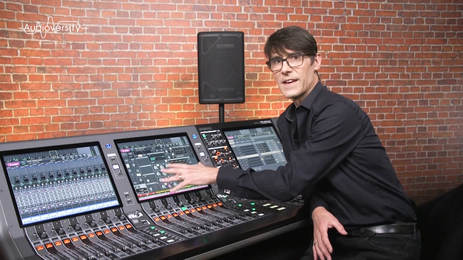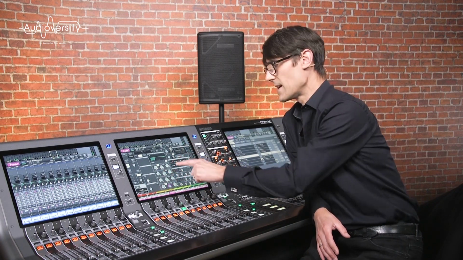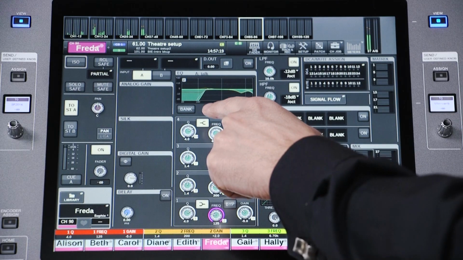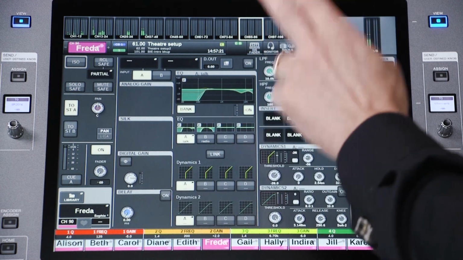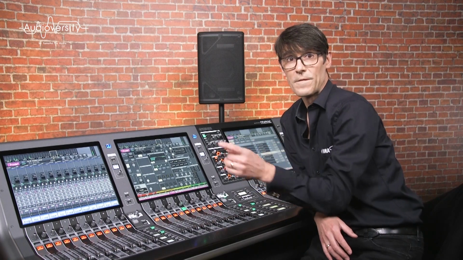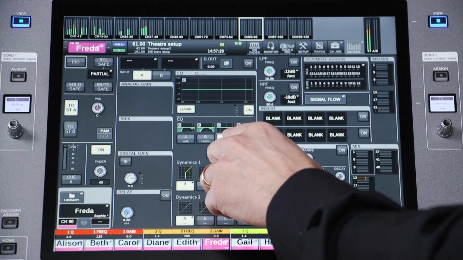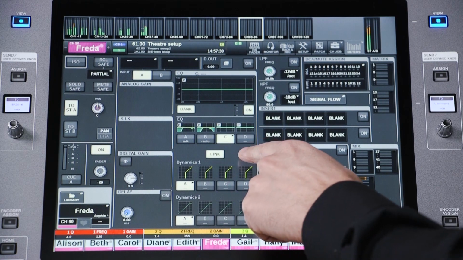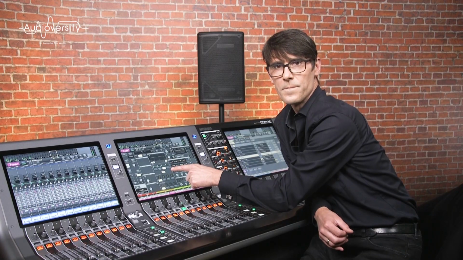Now, when you look at a selected channel view, you can see a bank button below the EQ curve. Press that to see the 4 banks. Now you can program 4 different settings for EQs and dynamics. They can be linked if you prefer.